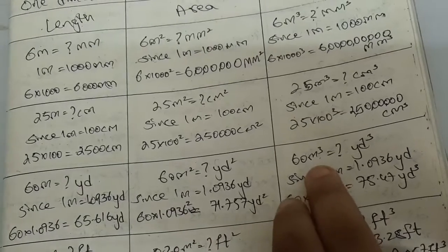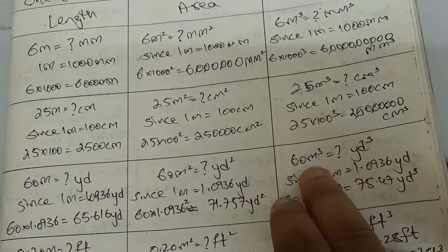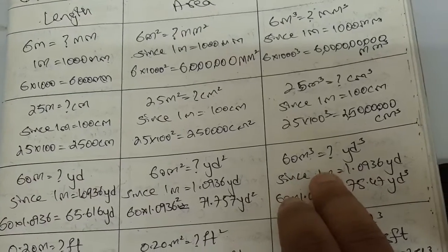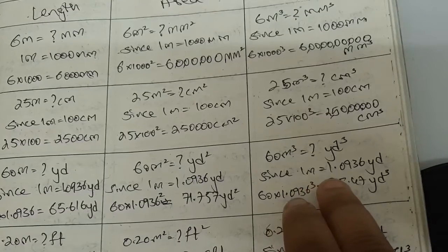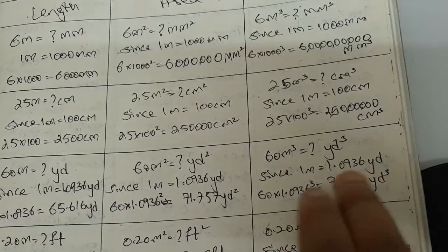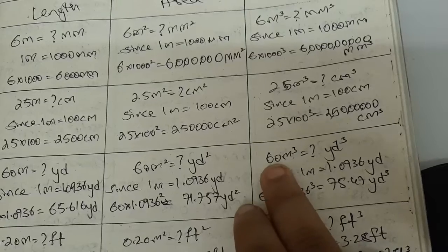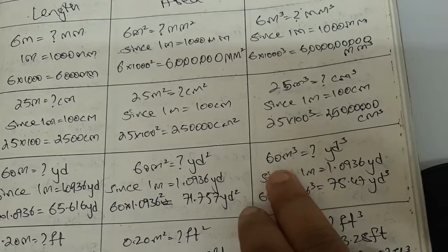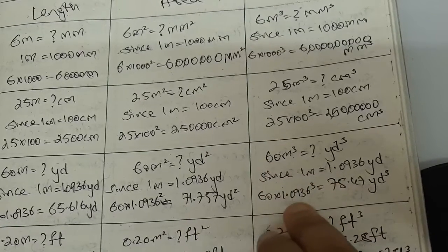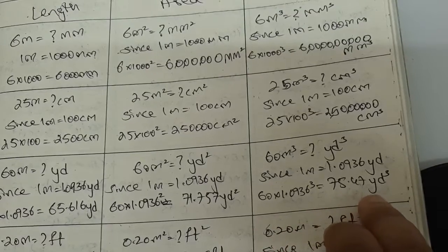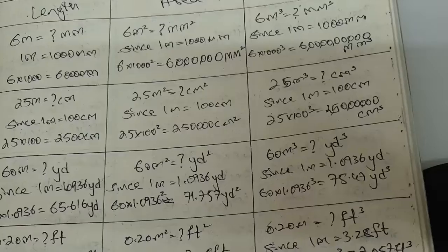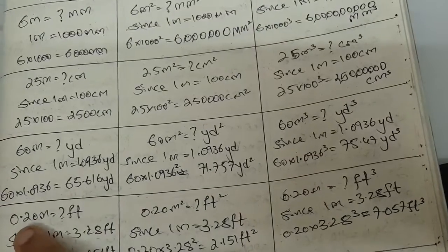Now in the third dimension we have 60 meter cube is equal to how many yard cube? So since 1 meter is equal to 1.0936 yards, we multiply 60 into 1.0936 cube to get 78.47 yard cube. Now moving on to the next problem, we have